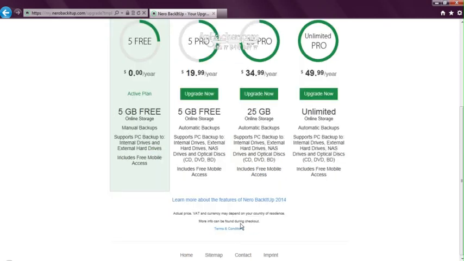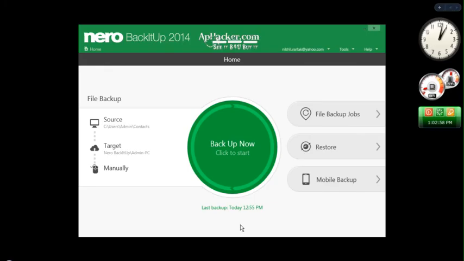Okay guys, coming back to the software Neuro Backup 2014, let's see the final things it has to offer: the file backup jobs, restore jobs and mobile backups. Restore can be done only after you have done the backup at least once. Let's see what it has inside.